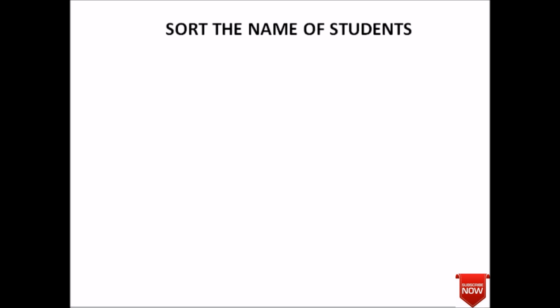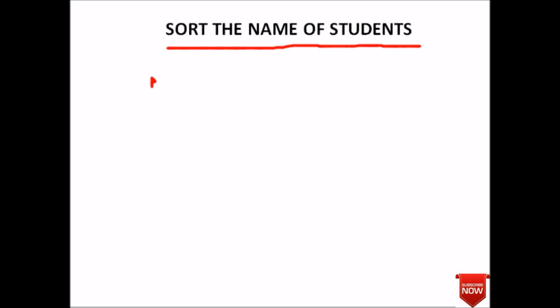In today's lecture we will see how to sort the names of students in a class in ascending and descending order. Suppose we have 10 students and we want to arrange their names in alphabetical order, that is A, B, C, just like in our class, where it happens that our roll numbers are arranged in alphabetical order. So we will sort the elements that are stored in an array of strings.